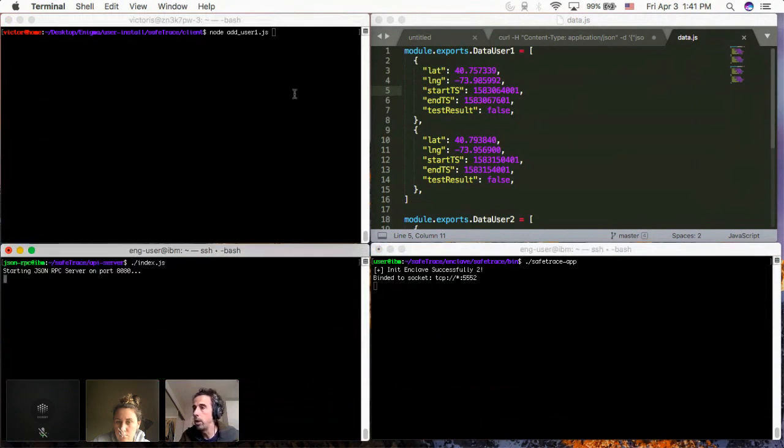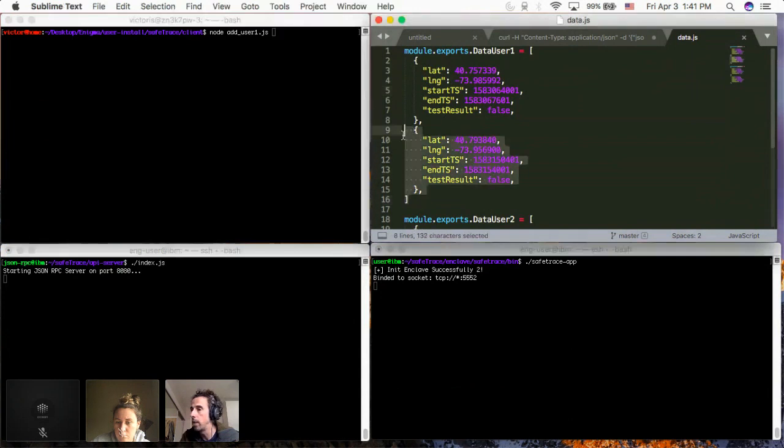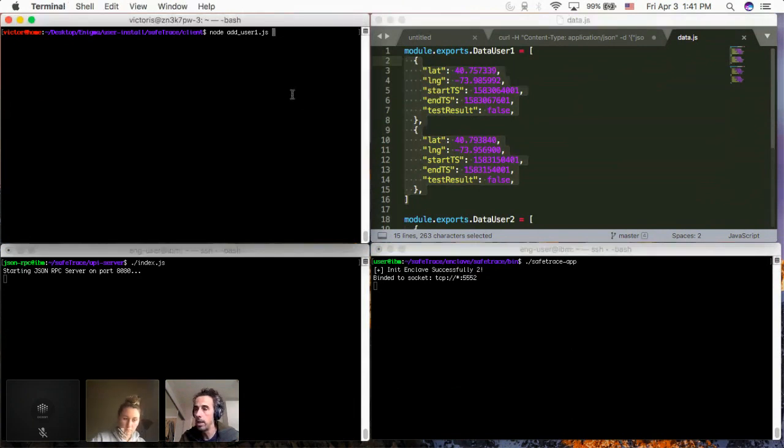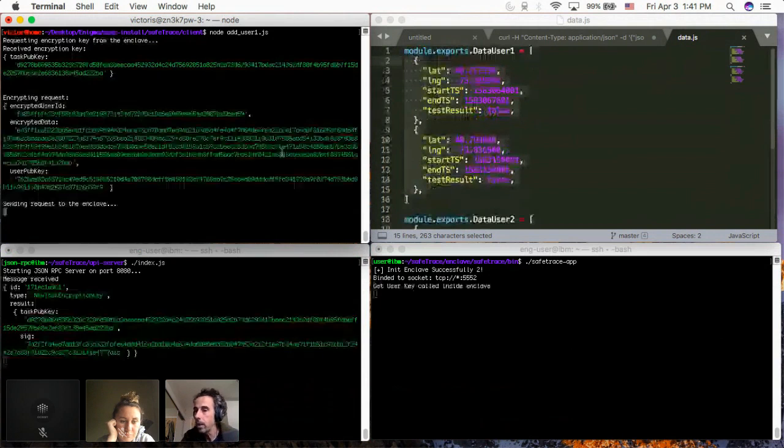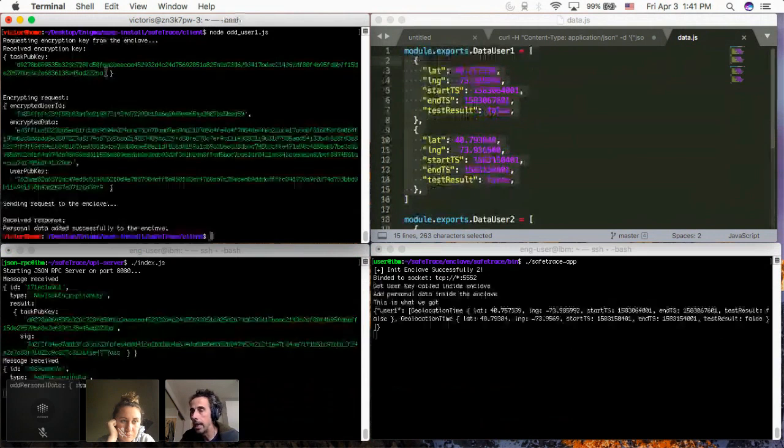Okay, so I'm going to add data for user 1, which again is in this format, and in this case, I'm only going to add these 2 data points for the sake of simplicity. And what happens here is I'm going to run it. It happens fairly fast. Oh yeah, okay. So what happened here is that, and I'm answering the previous question, first I'm requesting an